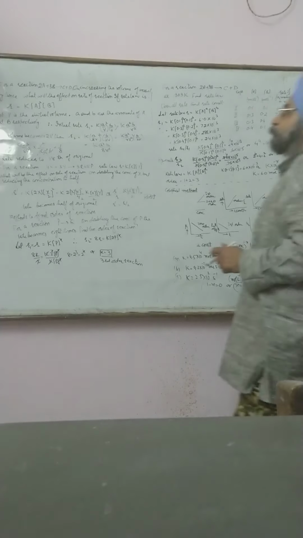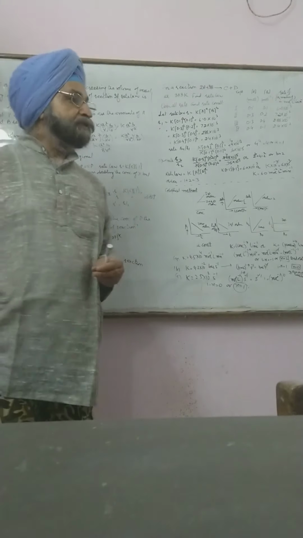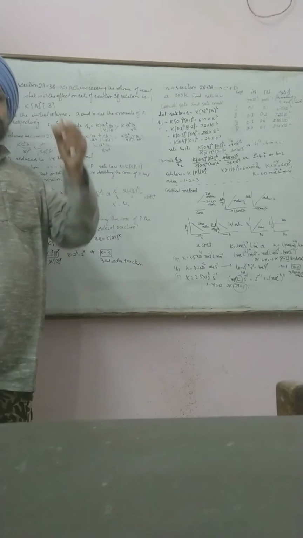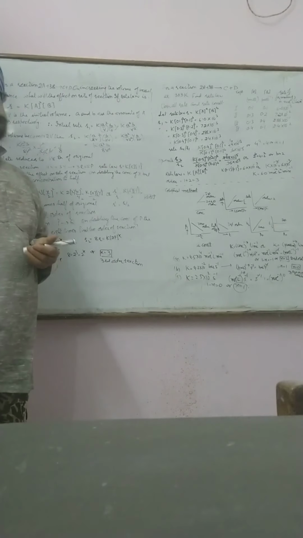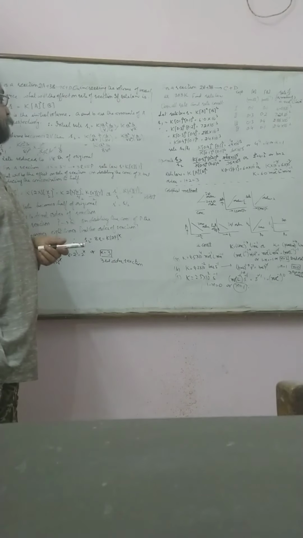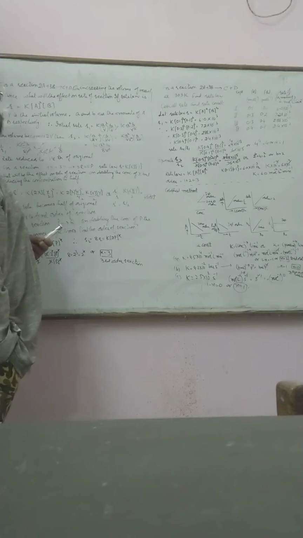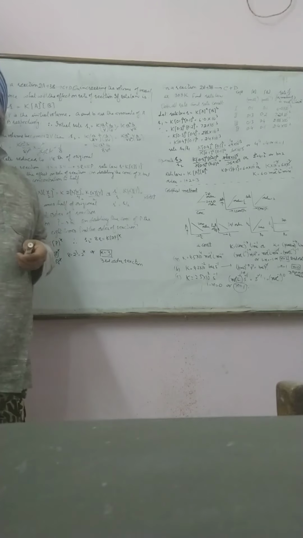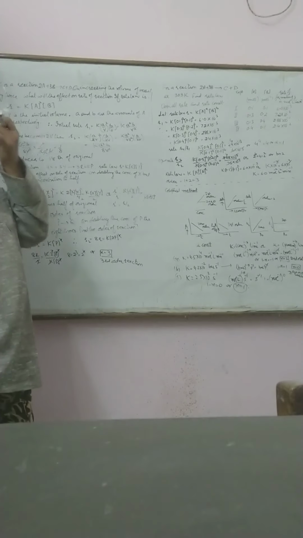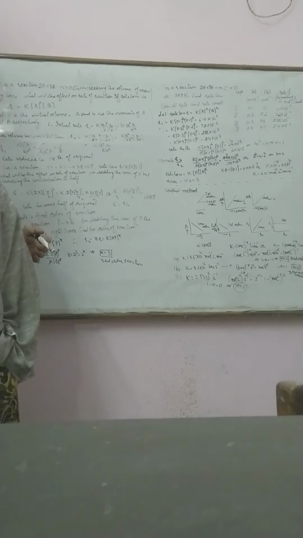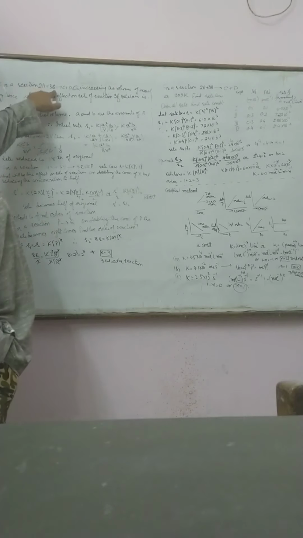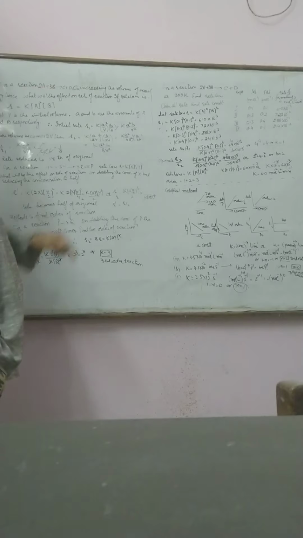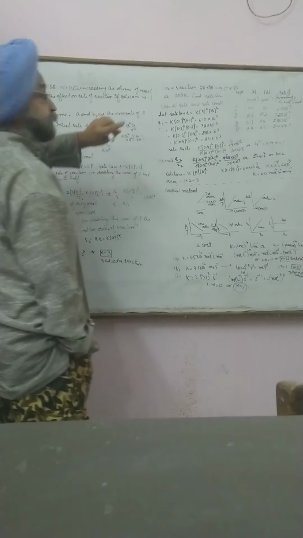We were discussing the chemical kinetics chapter. We discussed the mechanism of reaction and how to find the order of reactions. Now today I am going to discuss some of the numericals which have not been covered so far and some conceptual questions. Like for a reaction 2A plus 3B gives C plus D, on increasing the volume of the vessel, not